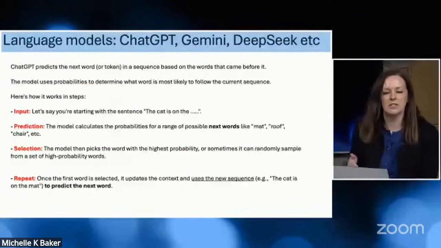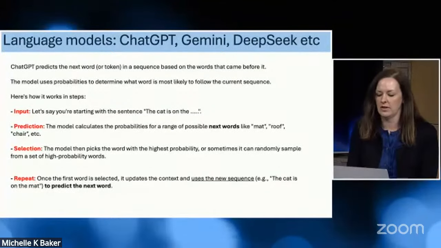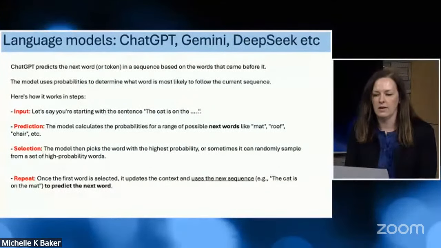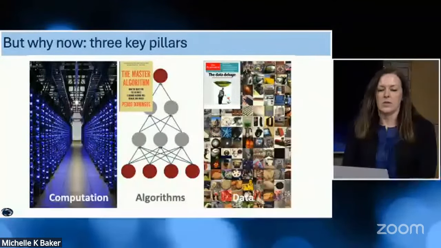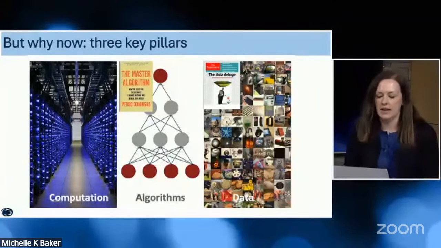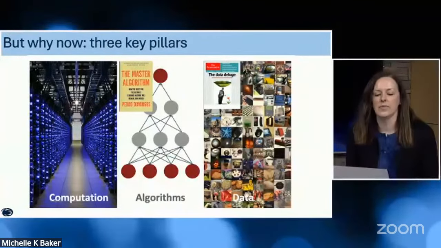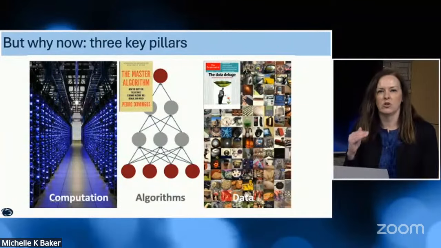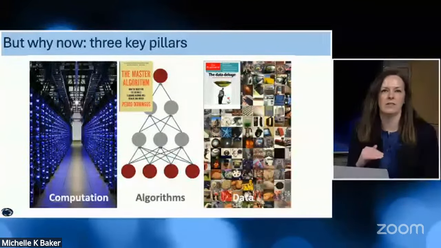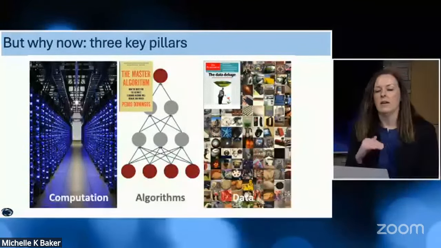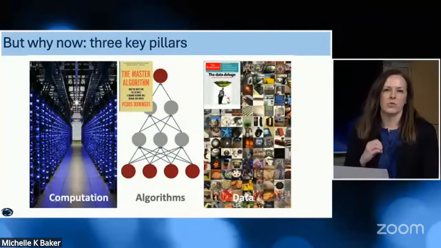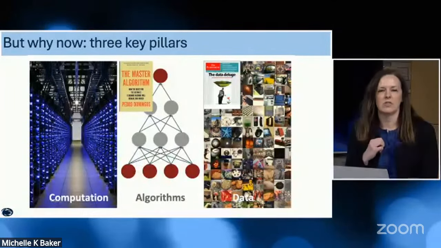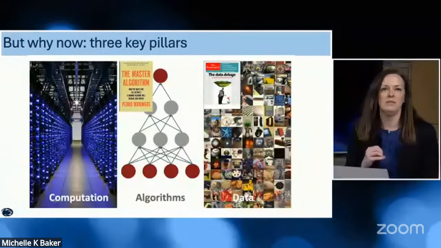And so it continues to predict, and we end up with the paragraphs or photos that we see today. So how did this happen and why is it happening now? As I mentioned before, there were advancements in artificial intelligence and then it would stop. And then there would be a little bit of a flurry of advancement and then it would stop again. The reason that we're at this stage right now with the capabilities of generative AI is because of three main